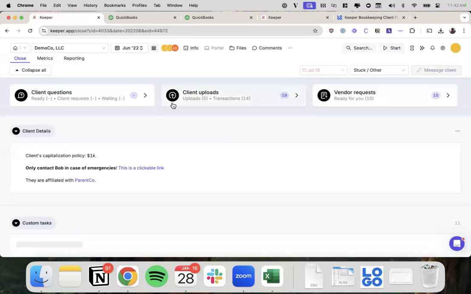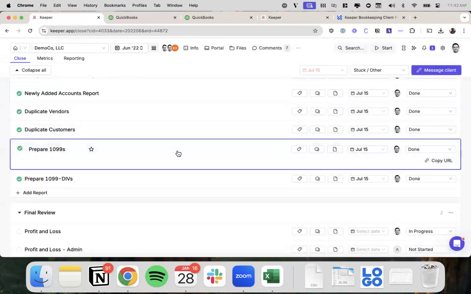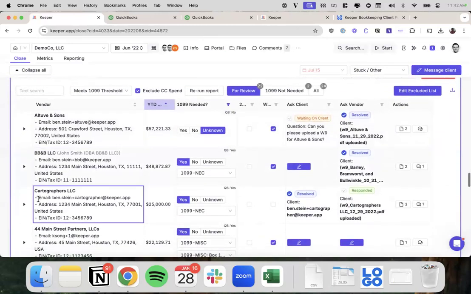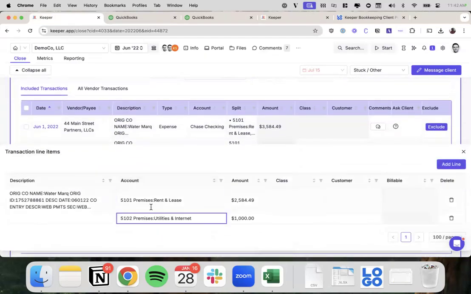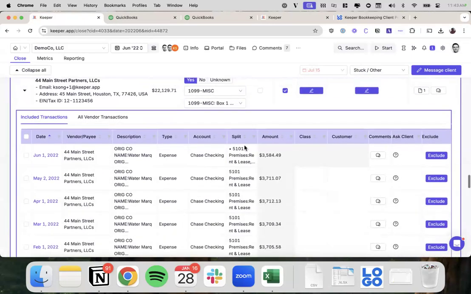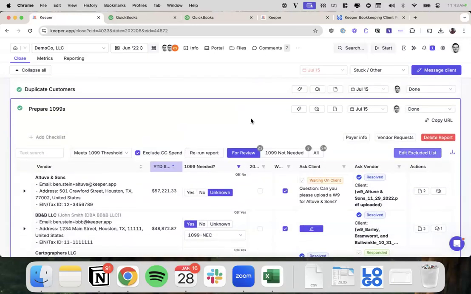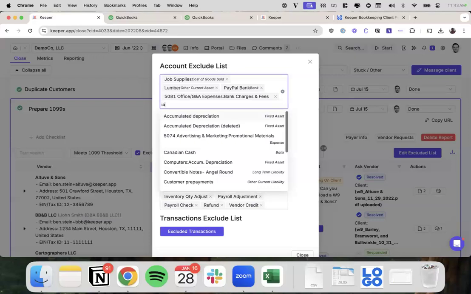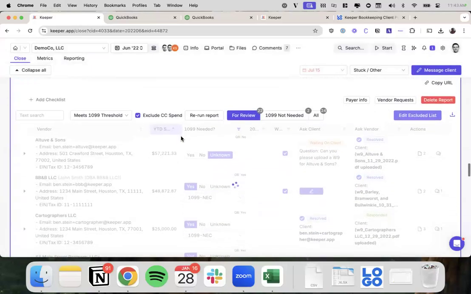Okay, so now if we refresh Keeper, you'll see this does show multiple line items. So we've got 44 Main Street. We can see both line items here, and you can see both are currently being included. The reason both are currently being included is I have not excluded the utilities charge. But if I go to my excluded list and exclude utilities and internet, and then that will rerun the report